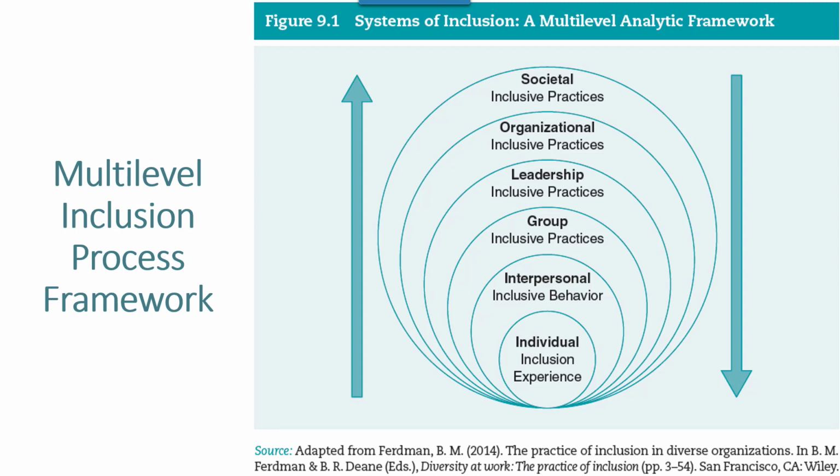The whole idea is that a single intervention at one level won't get you to inclusion. It needs to happen at multiple levels, and the levels will interact with each other to propel inclusion. Fun fact, this model is similar to health intervention models. For example, if health communicators want people to wear more sunscreen or wear seatbelts, it isn't enough to just push that practice at one level. It needs to target multiple levels to get traction.